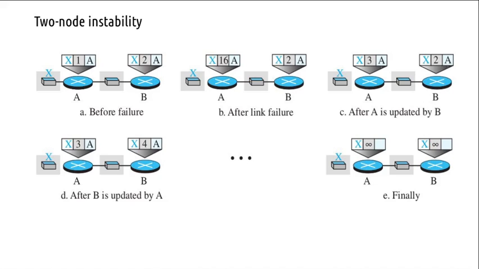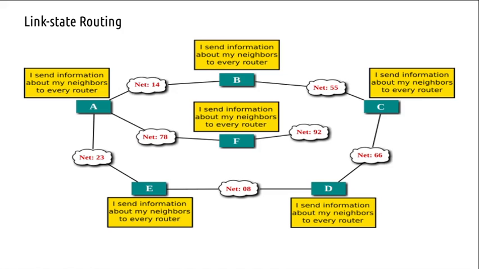So A will be aware that B is sending me a routing table, but B got the update about this link from me, and now I have the latest update about that link, so I should retain that and discard whatever B has sent me about this link, right? So these two strategies are adopted to prevent this count to infinity problem in distance vector routing. So that's distance vector routing. We will take up